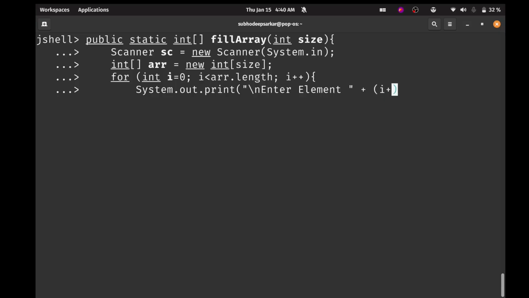i plus 1, so that it outputs in a human readable form, not 0 1 2 3 4. It will rather output 1 2 3 4, something like that, and colon space. Okay, and it will take the input for arr[i]. It will take the user input. How do we take the user input? Sc, we are using this object, sc dot nextInt. It will take the input from the user,